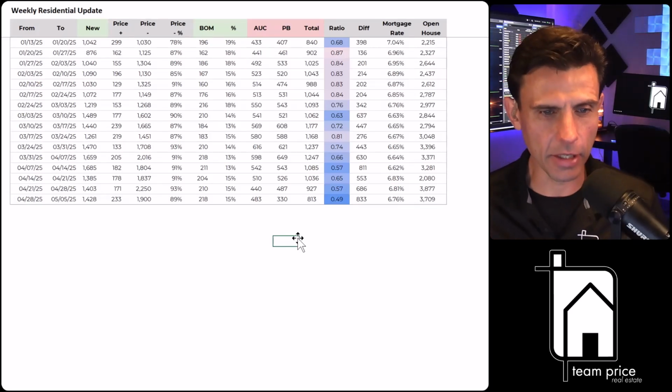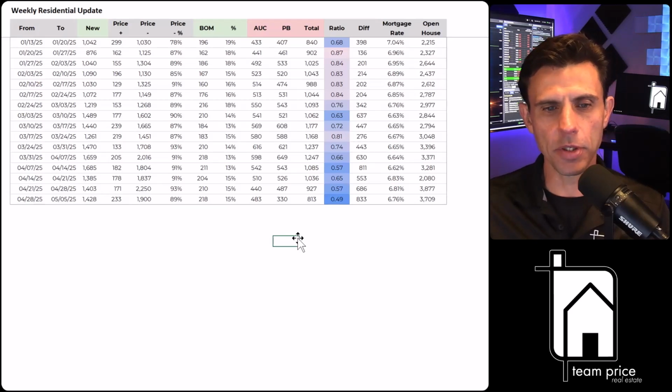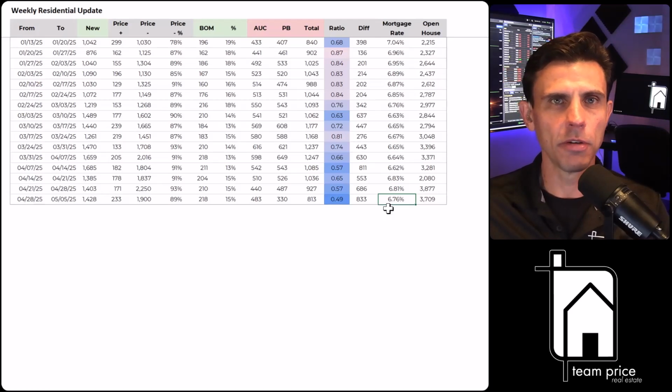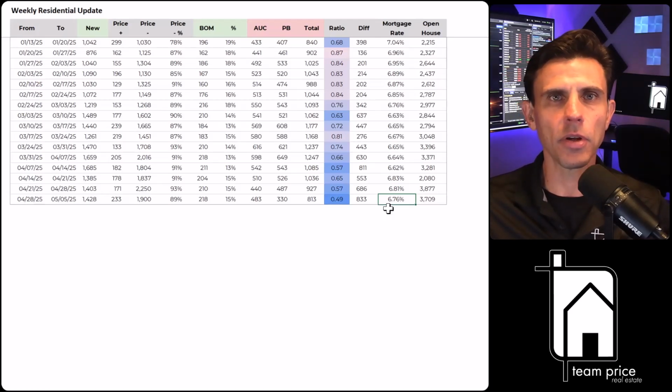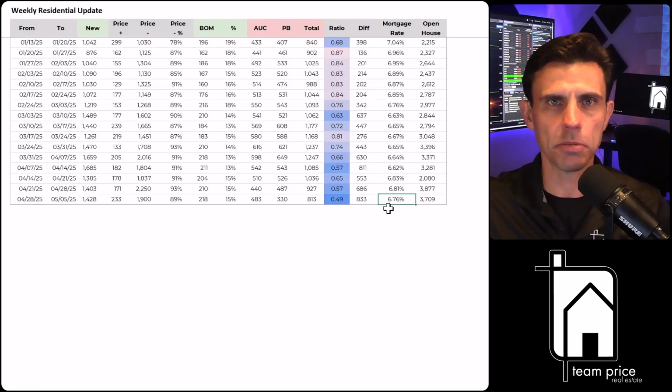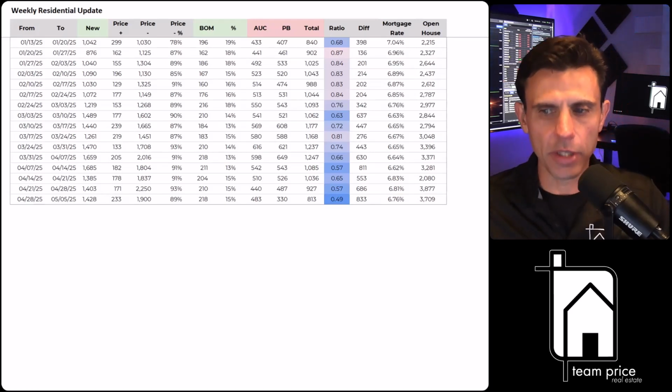Not bad. I'll take it. I will take it. We had a little bit of a reduction in rates. We can see that rates for this week, the average, this is from Freddie Mac, our rates were really right in line with that, even though today rates went up just by 1/8 of a point, and we're going to go over that. We had some data that came out early today that caused rates just to go up